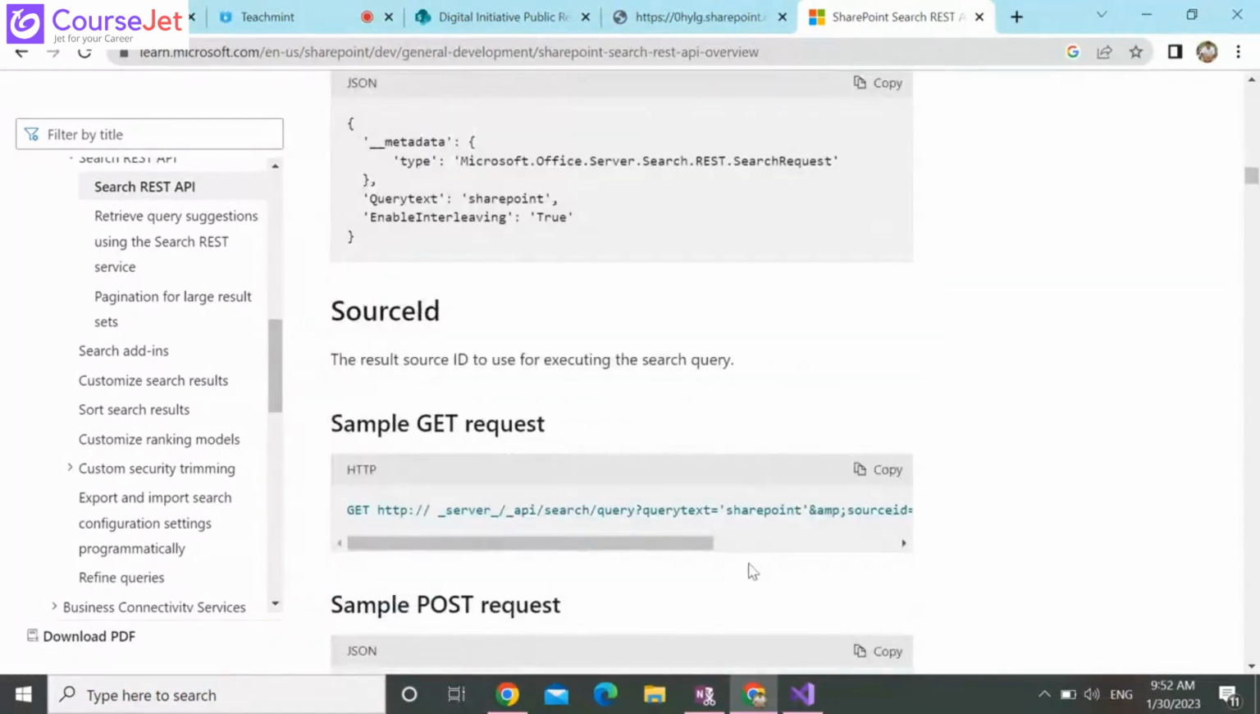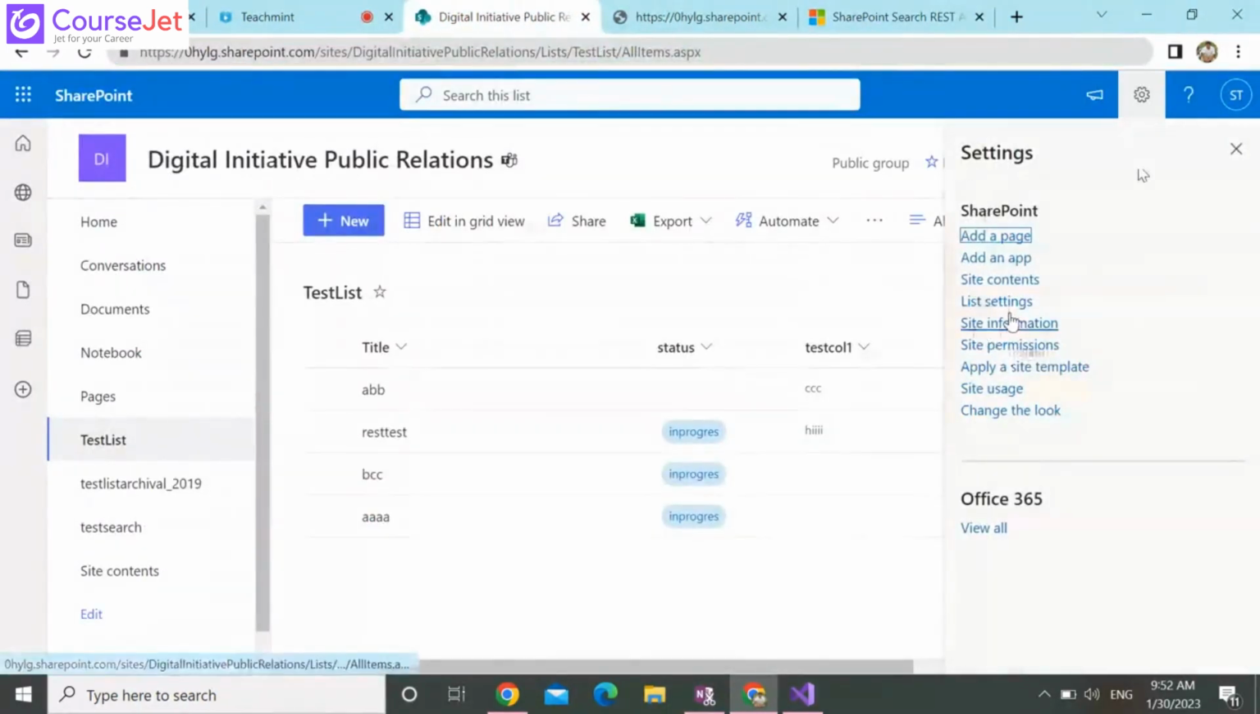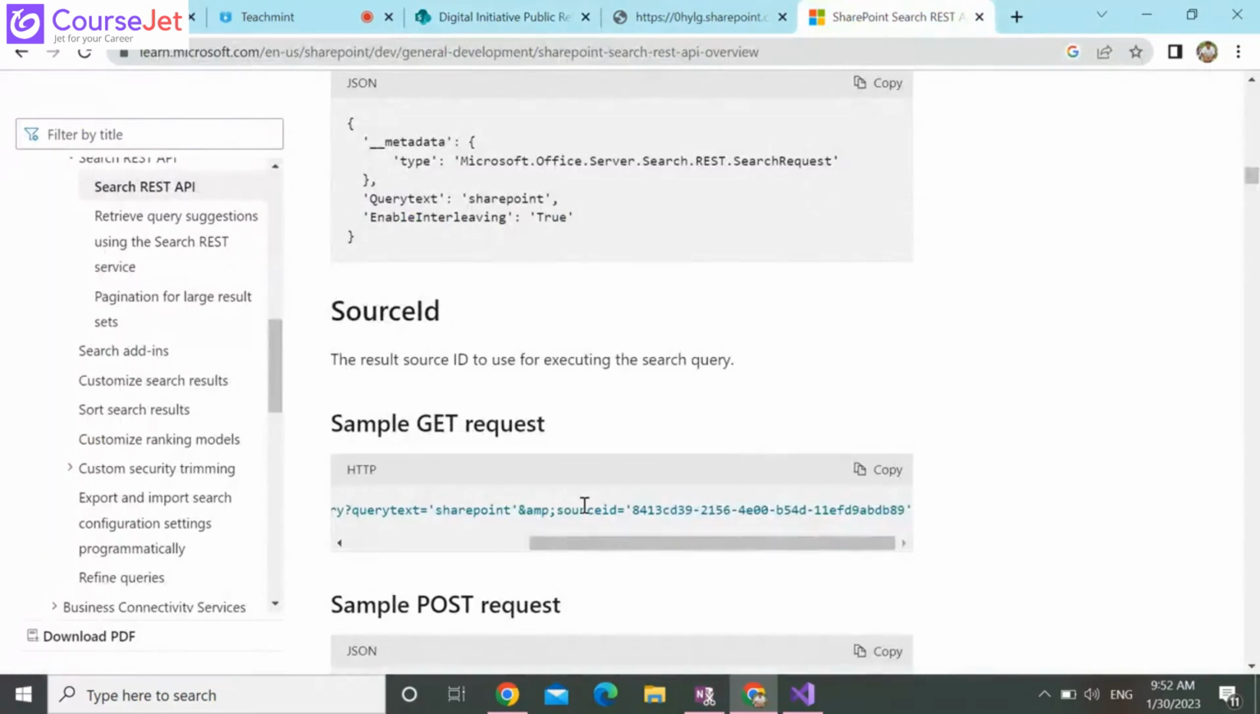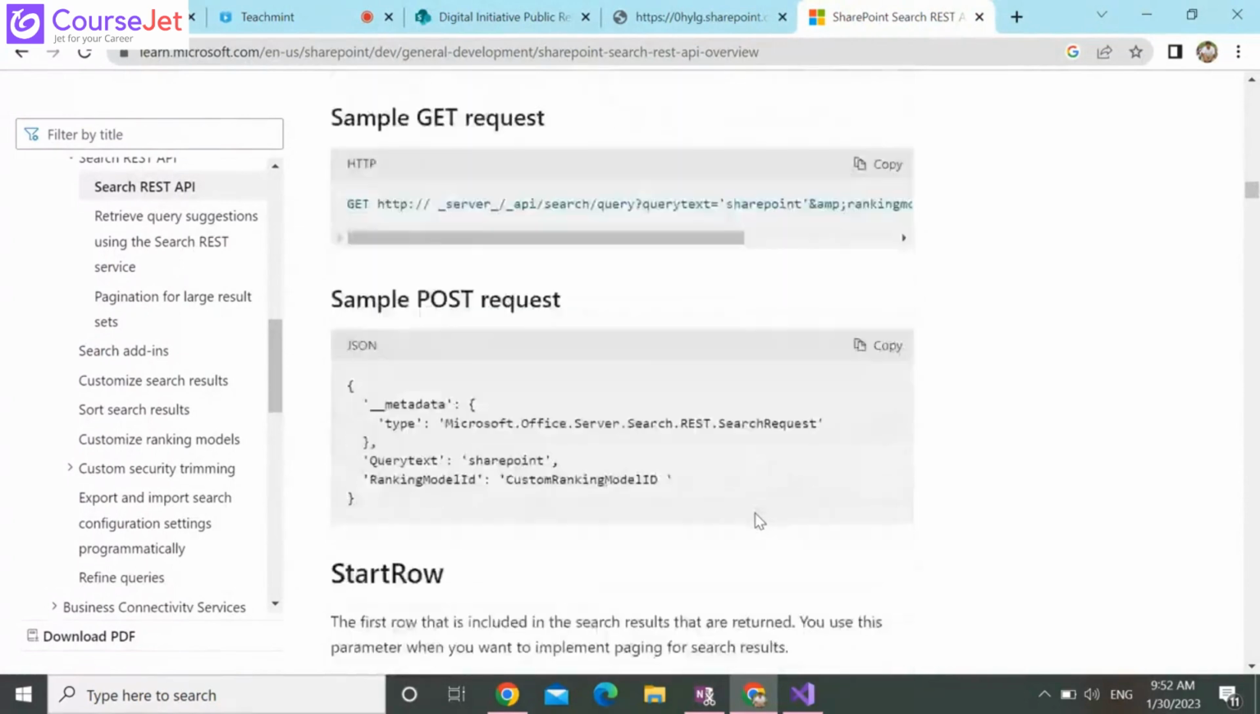Source ID. Source ID means there are different sources we can create. Search sources, at site level. So if we give a particular source ID, it will search only from that source ID. That's what they have mentioned here. And ranking model, this one is